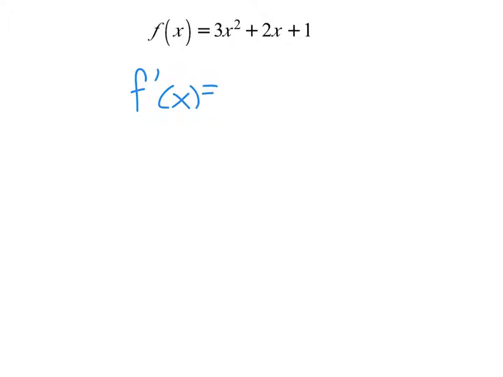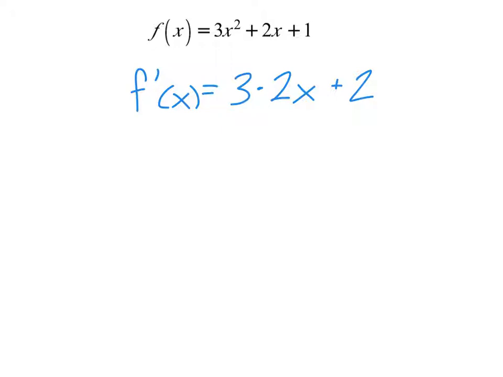And I'm going to show this out the long way. So I'm showing an extra step here just to make the work super clear. So this first one, it becomes 3 times the derivative of x squared. Well, the derivative of x squared, based on our power rule, is going to be 2 times x. It's just x because that would be x to the 1. We don't need to write x to the 1, it's just x. All right, then we do plus 2 times the derivative of x. But the derivative of x is just 1, so that's just a 2 there. And then the plus 1,